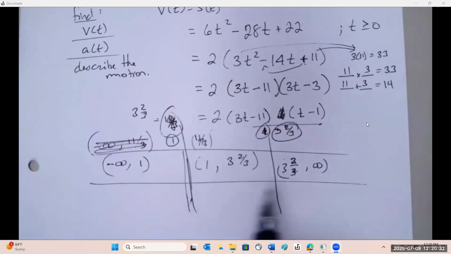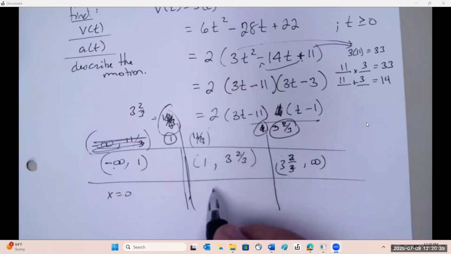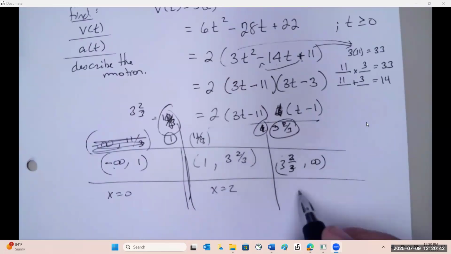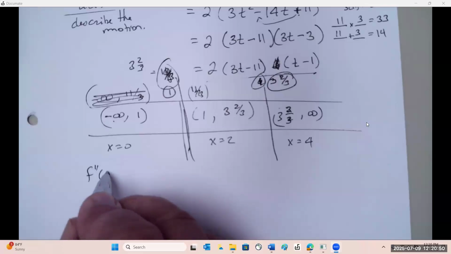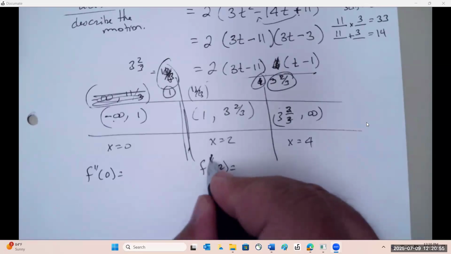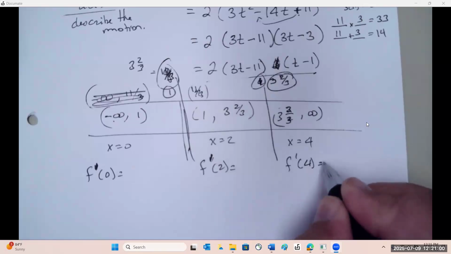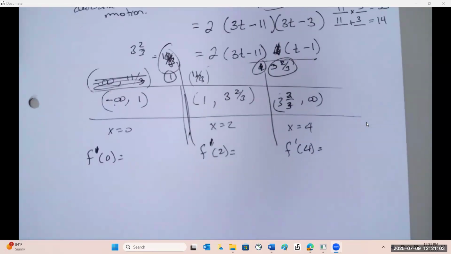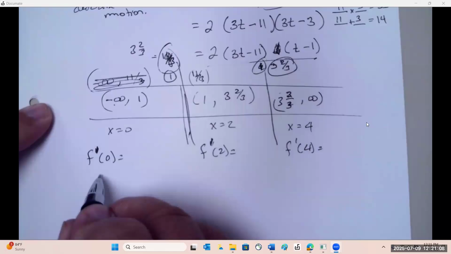Pick a test value. Between negative infinity and 1, I pick 0. Between 1 and 3, I pick 2. And then here I pick 4. Those are my test values. I plug those into the first derivative, I'm sorry, the first derivative. And what's happening? If I plug in 0 to my first derivative in this one, which is 2,